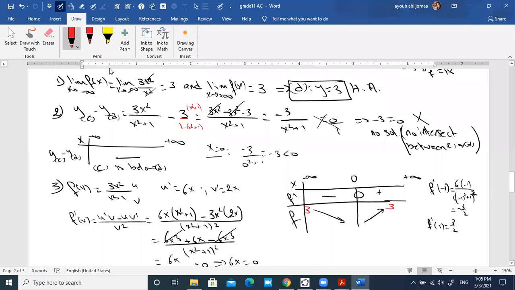You have a horizontal asymptote. The horizontal asymptote will be here at infinity. So you write here horizontal asymptote and here horizontal asymptote. It means the graph starts from the horizontal asymptote and decreases to a certain value, and then increases to the